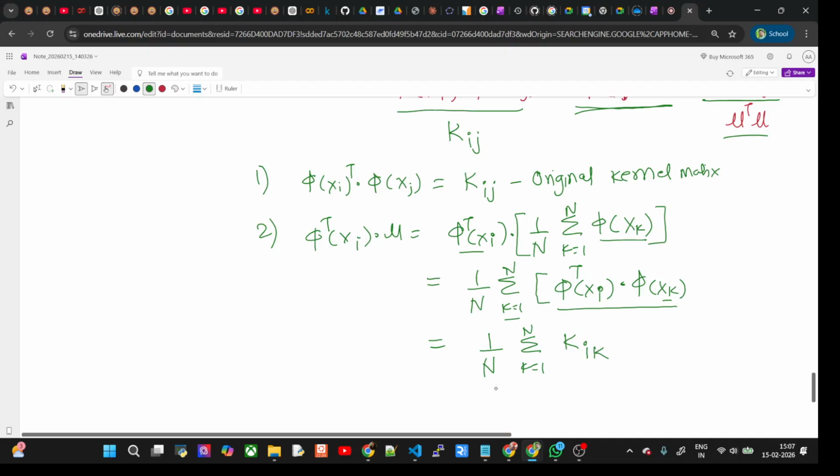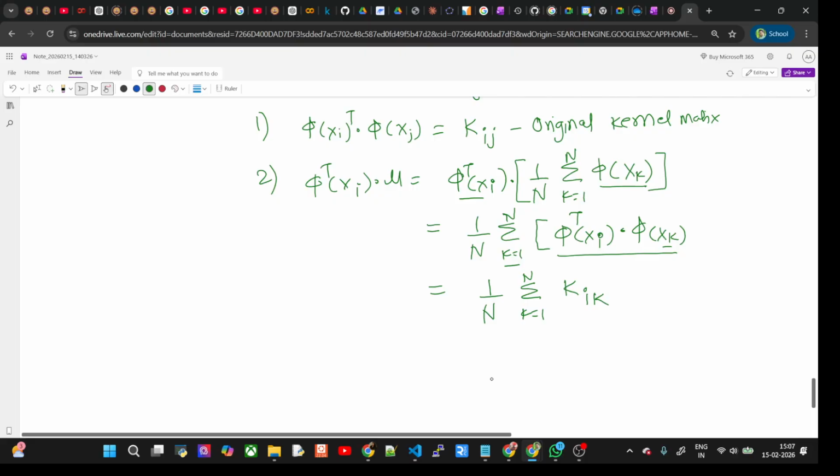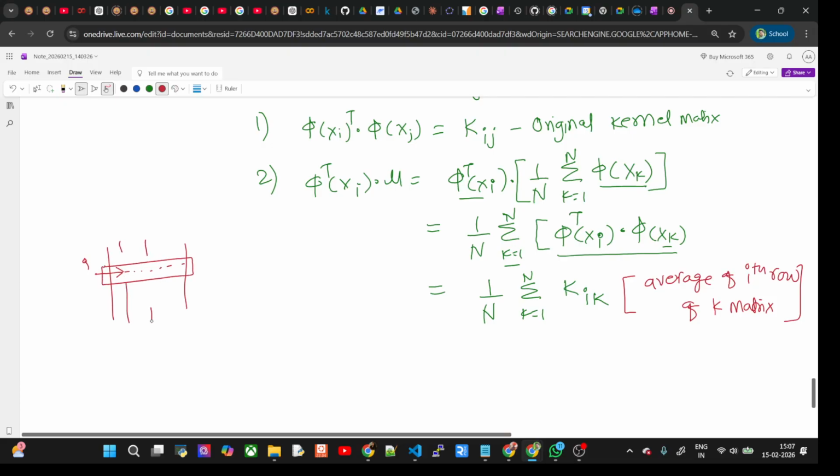So this is nothing but the average of the ith row of the k matrix. Whatever matrix k you have, you go to that ith row and calculate the average of all the terms. I am denoting this one as